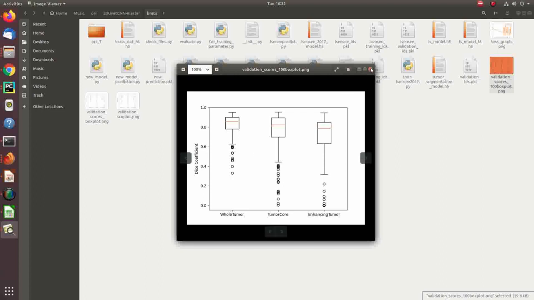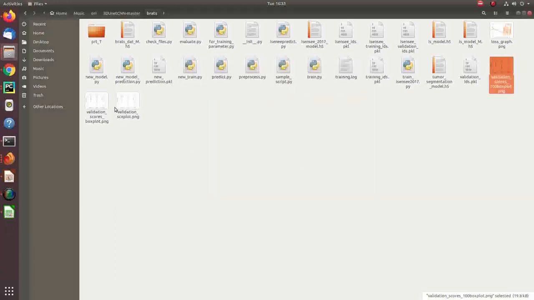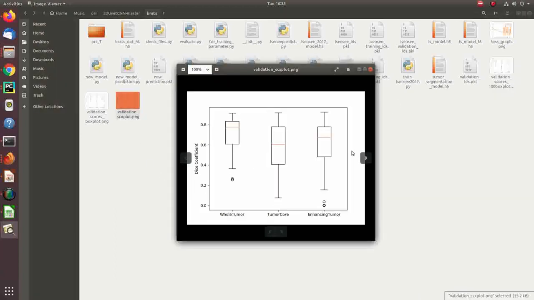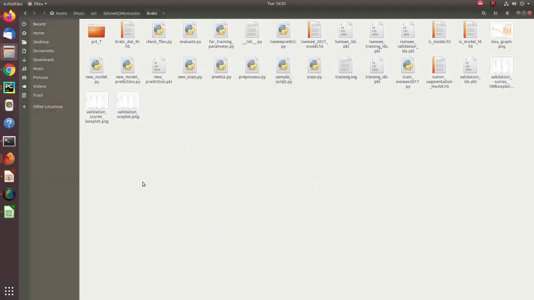Here are some box plots of the Dice values we are getting. The whole tumor is identified pretty well, but the enhancing tumor is showing somewhat less accuracy. For better visualization, this is my final output. You can see here a quite stable box plot.